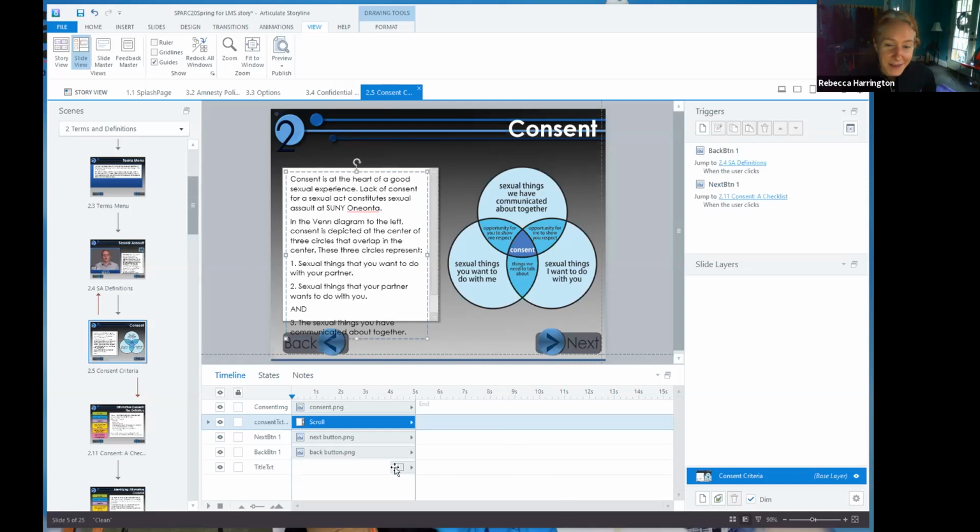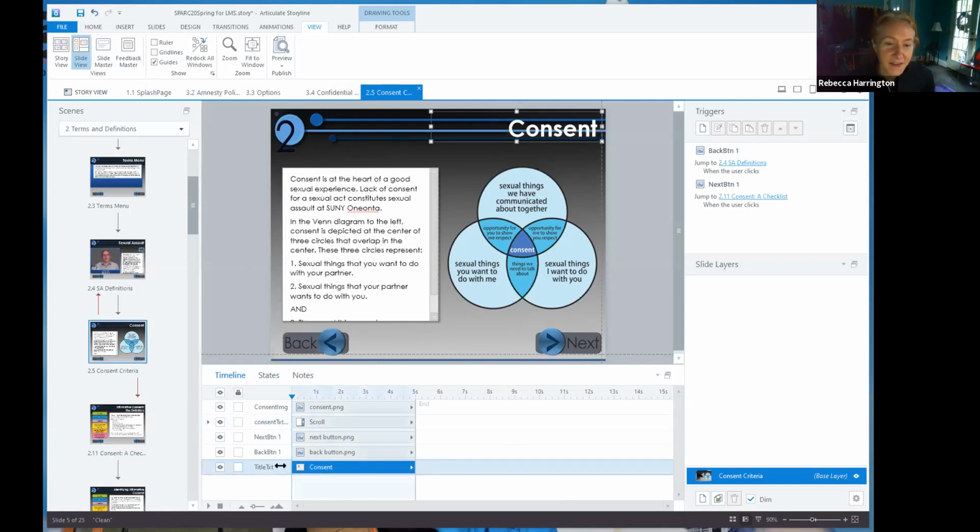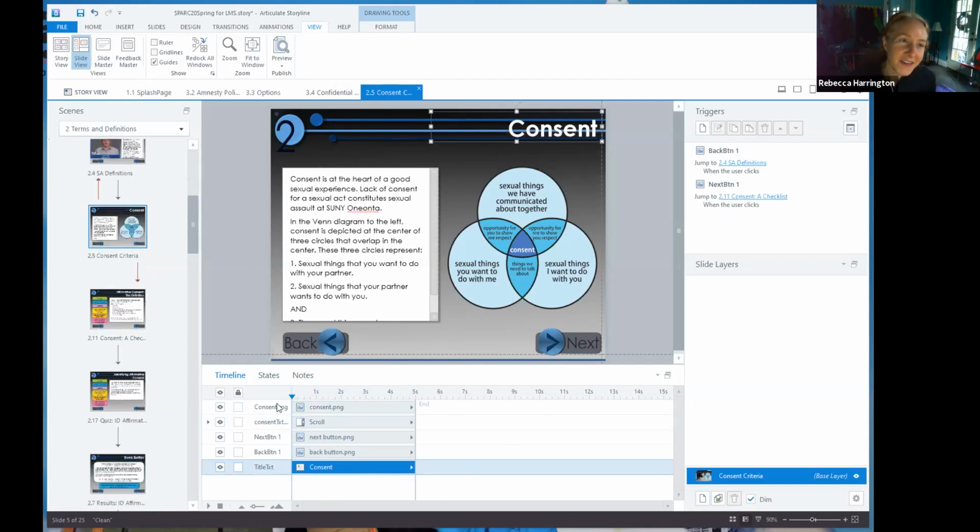So I think, oh, this is interesting. My title text is not showing for the whole thing. It looks like that one got backwards from the next button. Excellent. So like I said, there's always a mistake that you will find later on to correct. And I think those are all the things I wanted to cover in this week.